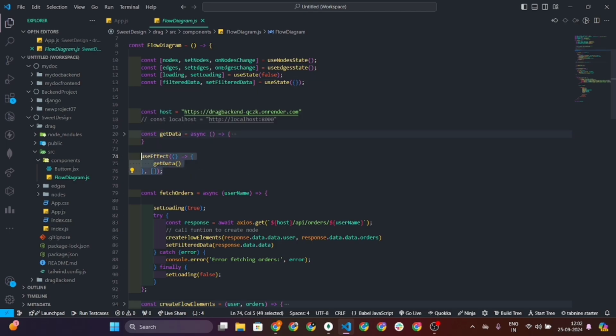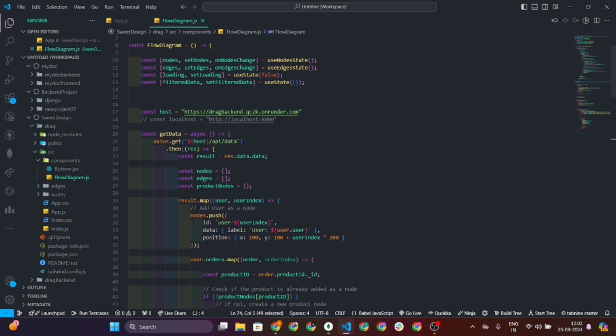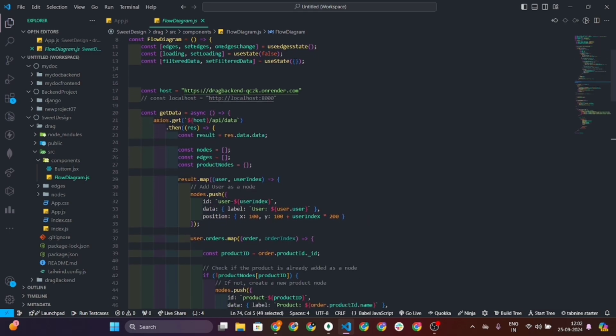So I have put a getData function in the useEffect, and here I'm just hitting the API, slash api slash data, with the host. This is my host, and after it I put slash api slash data, and it will give me some